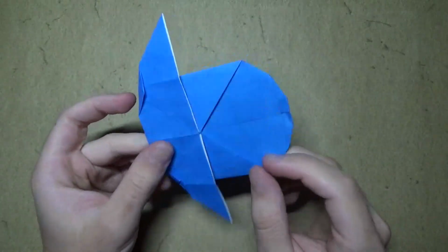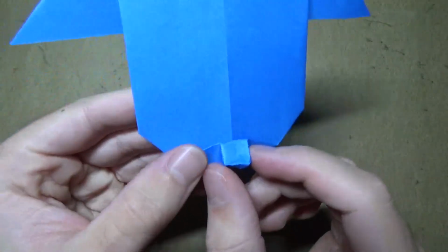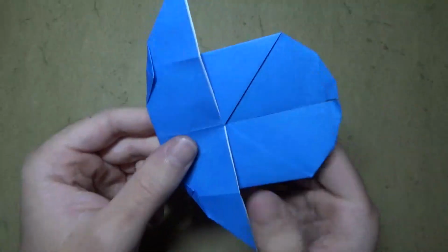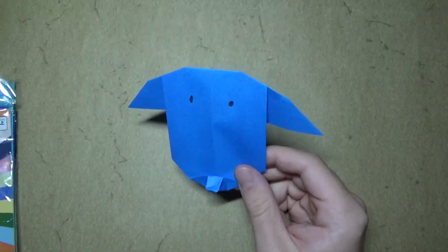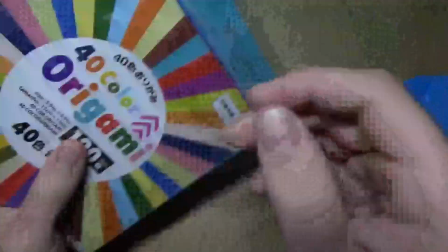In this tutorial I'm going to show you how to make this new model I just designed yesterday. It is an origami dog, and it's actually got a 3D mouth right here. Obviously you can draw the eyes on, and it's pretty simple. And here we go. For this model, I'm going to use a 6-inch square origami. So let's begin